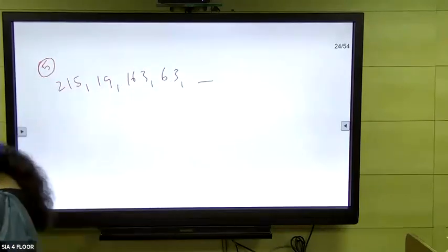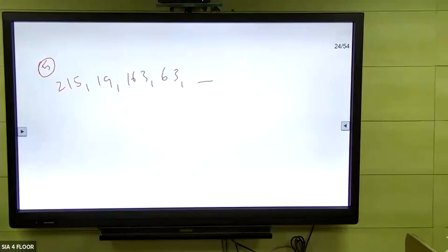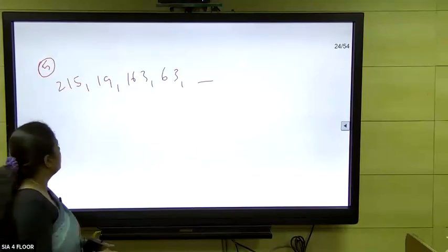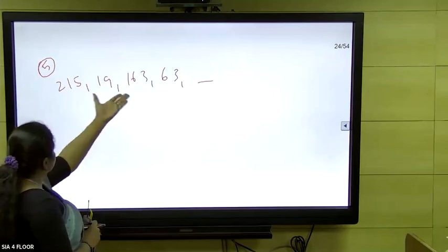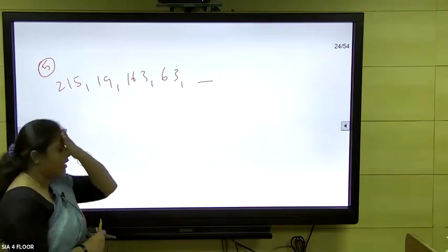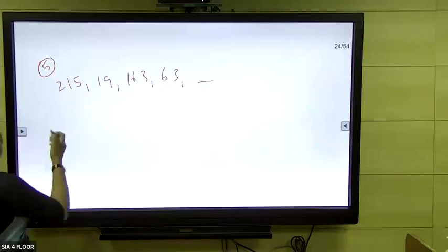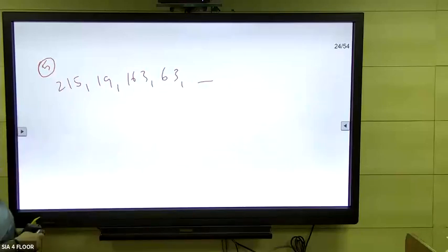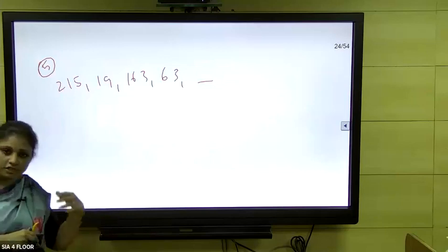Okay, can see here. So now when you see a sequence like this in the examination, you'll just see whether it's a square number or cube number. So all the numbers are not square numbers. Okay, so just go to the second step. If not a square number, if not a cube number,